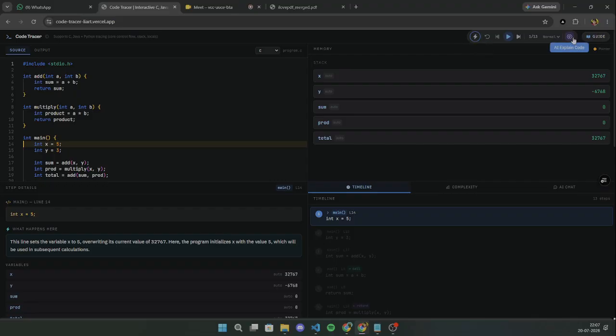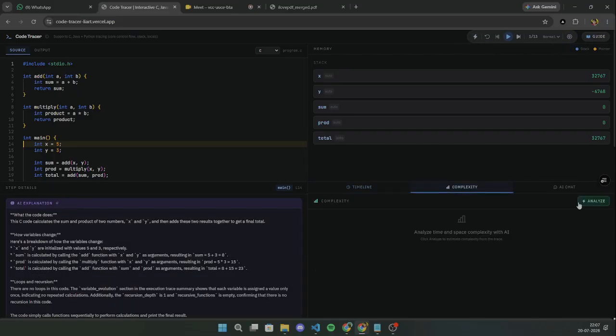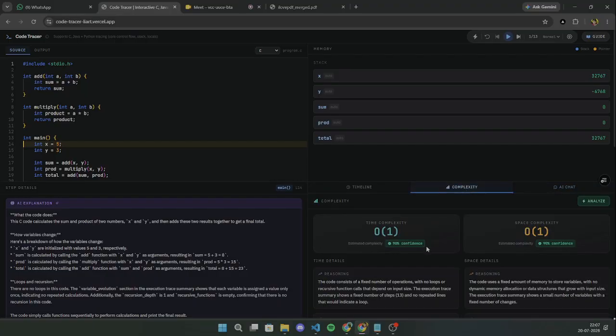Now we have multiple AI features like the explanation, the time complexity, and an AI chatbot, which knows exactly at which line you are and will explain everything. We are using Llama 3.3 70 billion model, and for the model to understand the code, we are not sending the entire code to the model. Instead, we are breaking it down into smaller parts, like the number of loops we are using, the number of variables we are using, and some important lines like function calls. This is done by our backend, which shrinks it down and then sends it to the AI model,